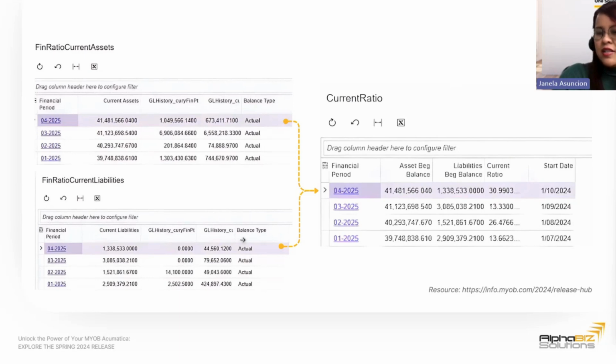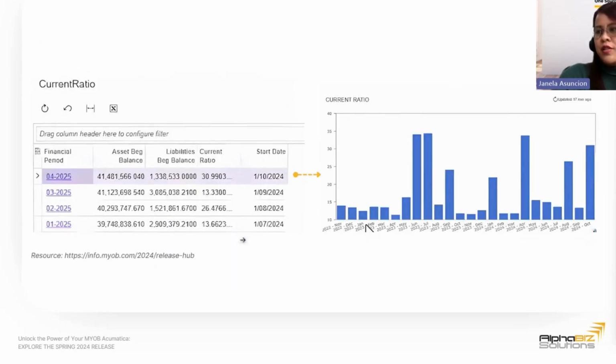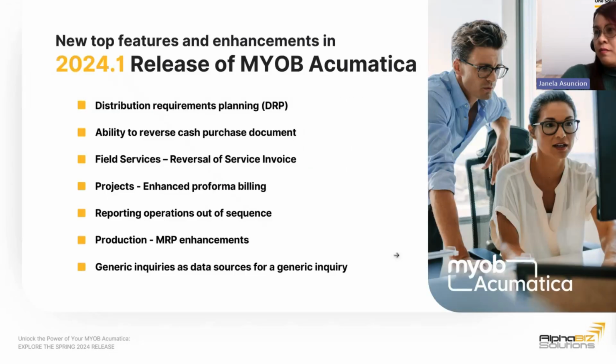So these GIs can also be included as a visualization on your dashboards, as you can see in this screen. So basically, there are so many things that this next upgrade has in store for you and would be very beneficial in your processes. I now hand over to Adam for the summary of the discussion.